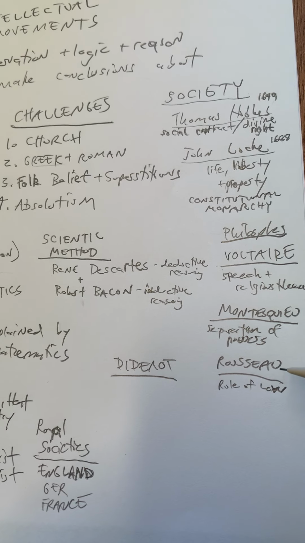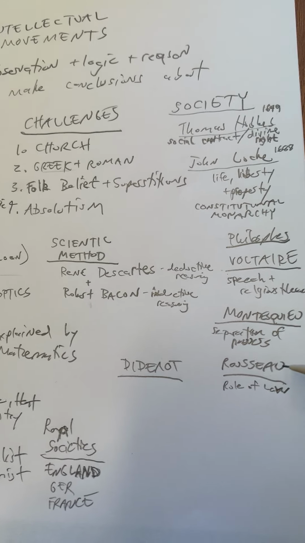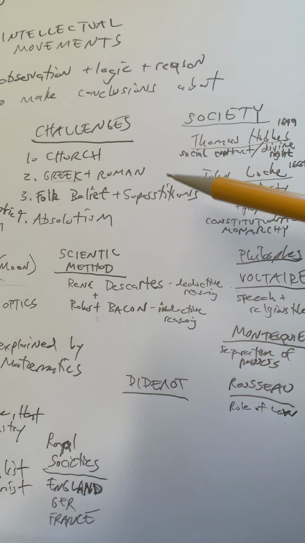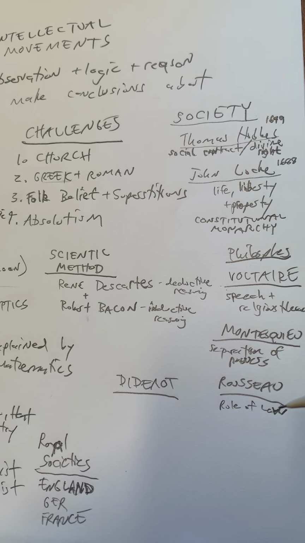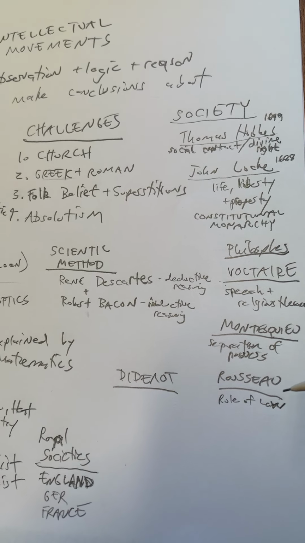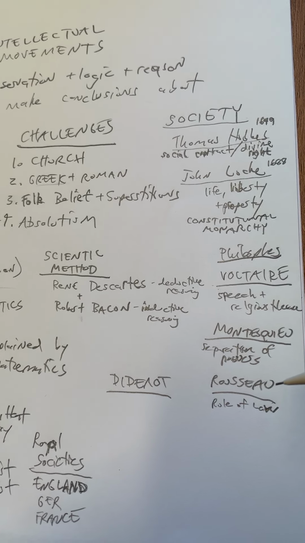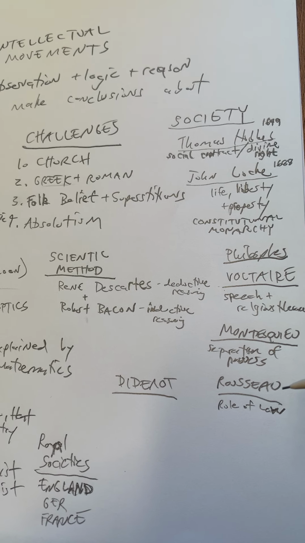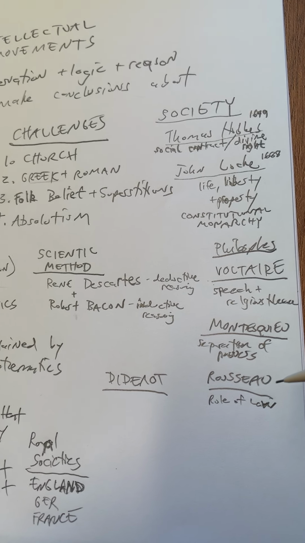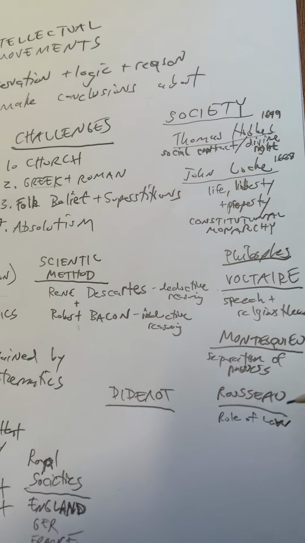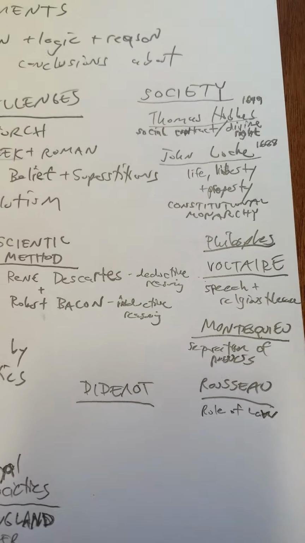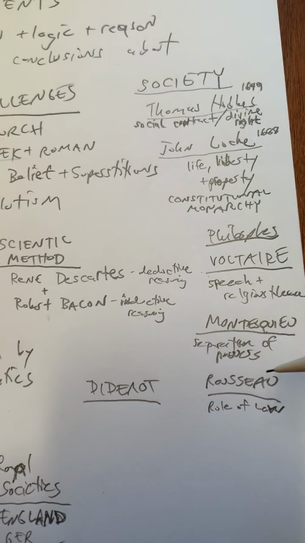Rousseau, you can look into your book, he challenges a lot of norms and culture, even the idea of marriage and only having one partner. He is one of the few people who argues for direct democracy. However, he's not a feminist. He's not in favor of women's rights, of which Mary Wollstonecraft, who we'll write down later, is arguing for at the time.